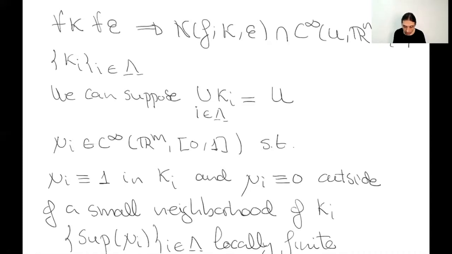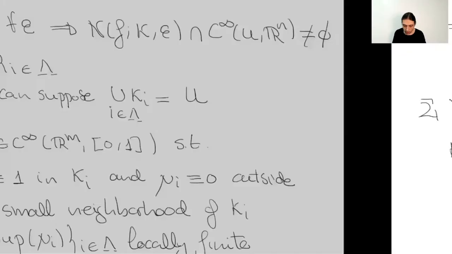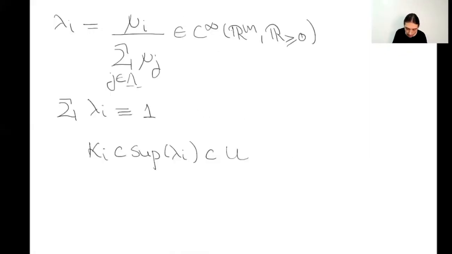So if the small neighborhood of Ki is really small, the support of mu i or lambda i is going to be compact. So this set over here is indeed a compact set, right? And this happens for every i. Very good. Now we are going to consider